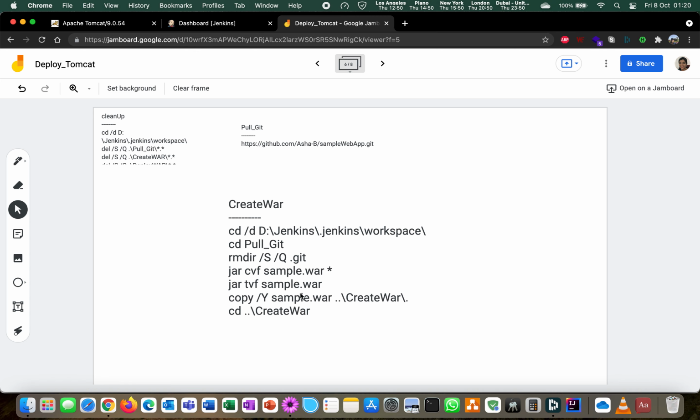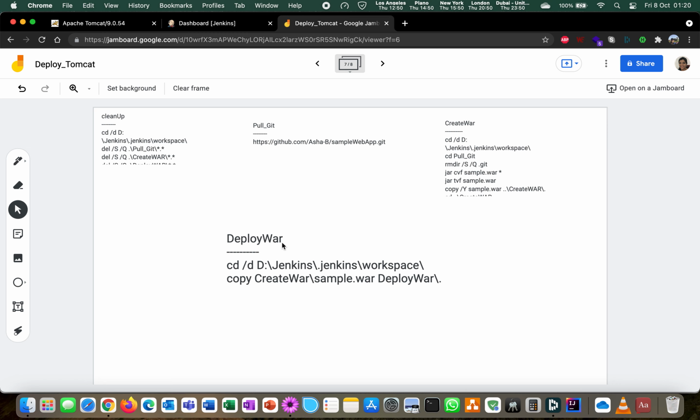Once this sample.war is done, our next step is to deploy the war. For this we will shift the war file that we have just created from the create war folder into the deploy war folder. So in short, these are the 4 steps that we'll be having in our process.